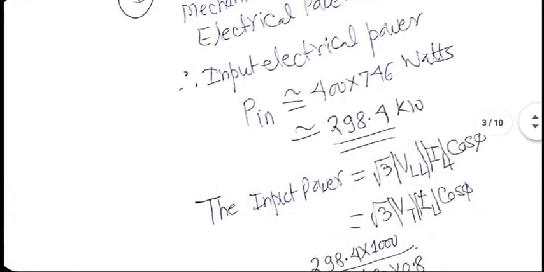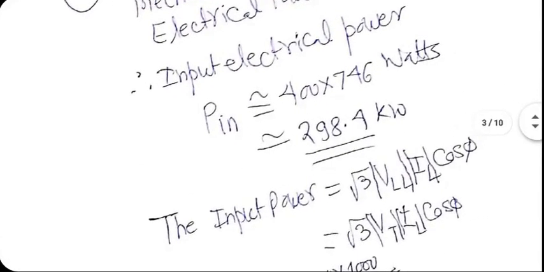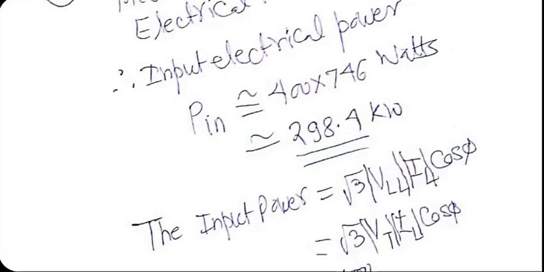Now, the input power in case of three-phase system is always given by this formula, whether delta system or star system, the formula remains the same. We have proven it in the past. Square root of 3, this is a combined effect of all the three phases. And the rated power is always the combined effect of all the three phases. That's the way it is written on the nameplate. So 298.4 kilowatts should equal square root of 3 magnitude of VLL, which is the line voltage magnitude, multiplied by magnitude of line current, multiplied by power factor.